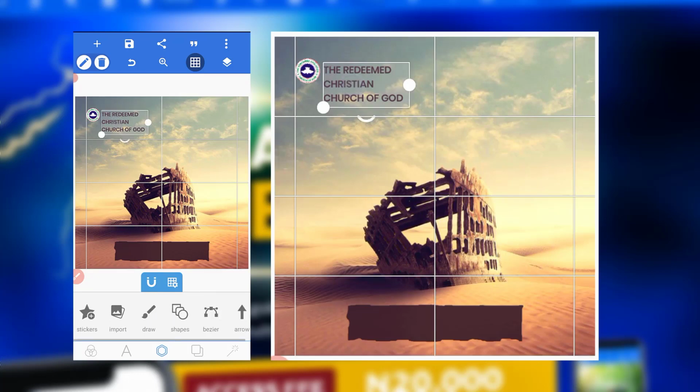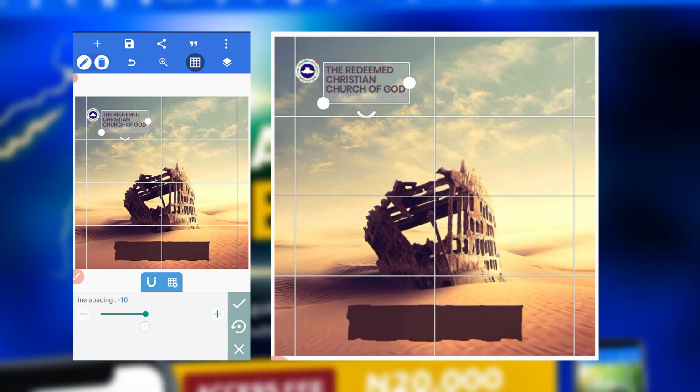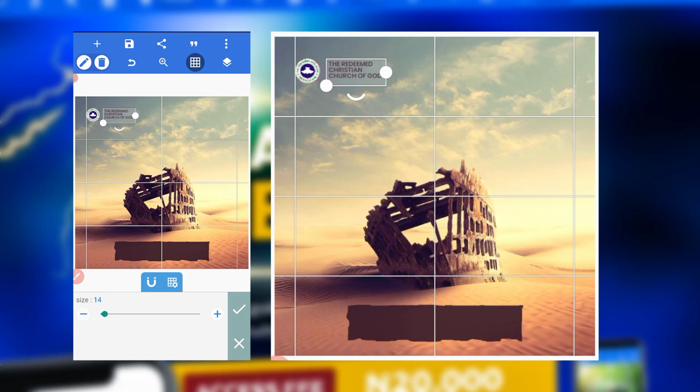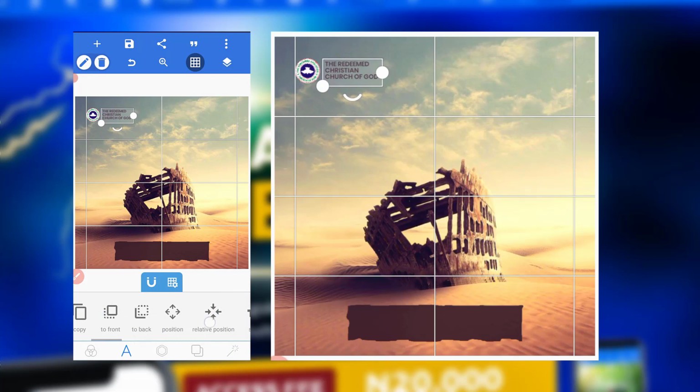So for this one, I'm going to, okay, cool. Alright, so we'll leave this. Let's just change the color to black. Yeah, it's okay. So then I'll just put for